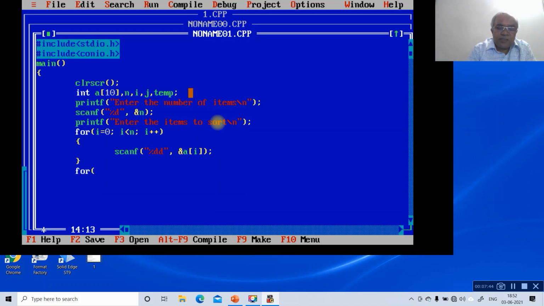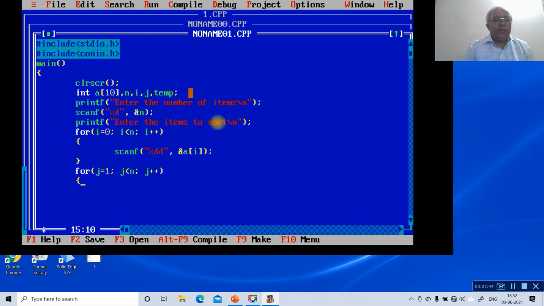Then for j equals 1, j less than n, j plus plus. Here we are not using j as 0 because the pass starts from 1. So that is the reason why we go for j equals 1.